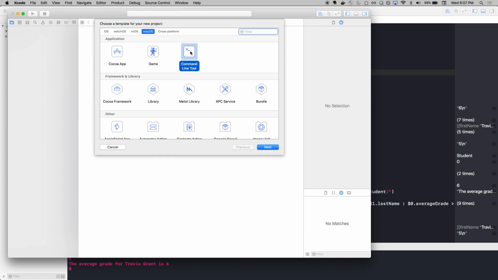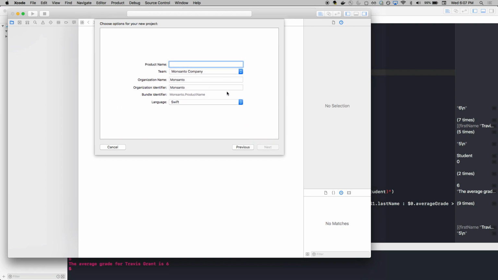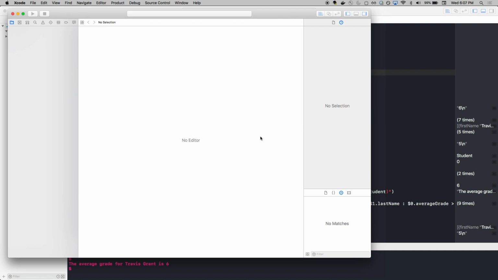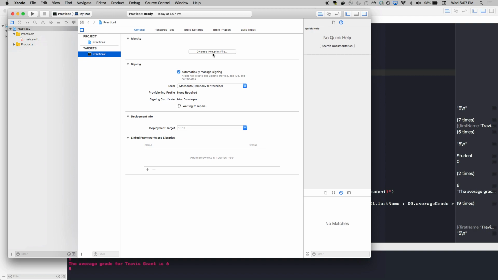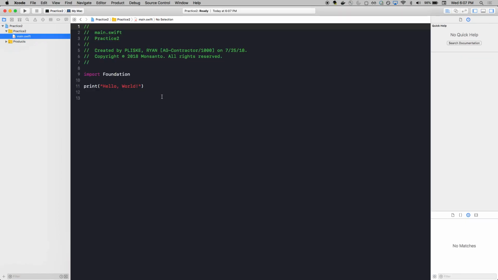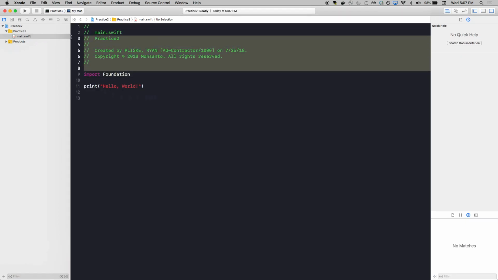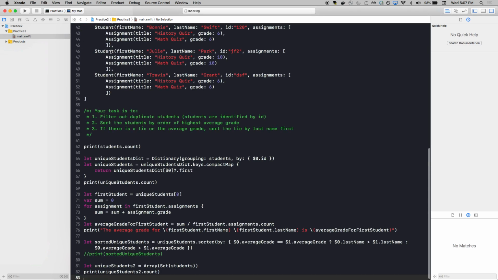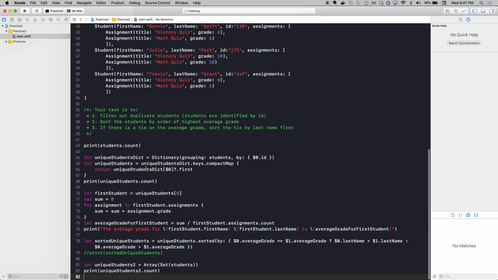Yeah, I'll just start a File, New, Project, and go to macOS Command Line Tool, and save it to my desktop. And so we have an array of students, and